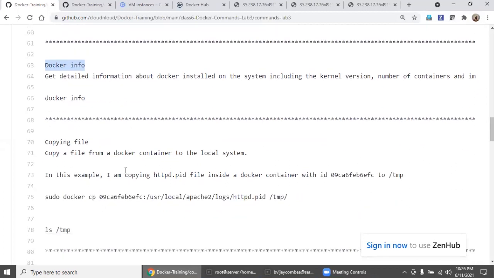Now there is a requirement: you want to copy some file from a Docker container to the local system. In this, I just mentioned temp for learning purposes. You can replace it with your requirement, right? There is a container running, inside this container maybe HTTPD.